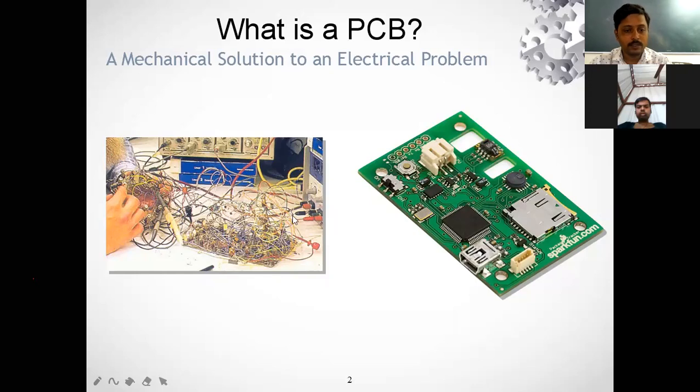So this was the situation before these printed circuit boards were there. But when the printed circuit boards arrived in industry, in the market, this wiring became obsolete. And you can see these are the lines, how they go from one point to another point. Okay, so these are working as wiring. So as a mechanical engineer, we can call it a mechanical solution to an electrical or electronic problem. Okay,